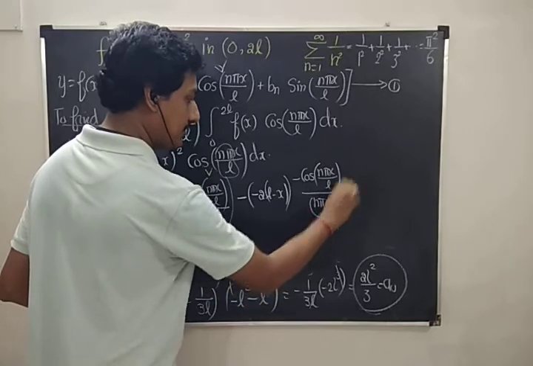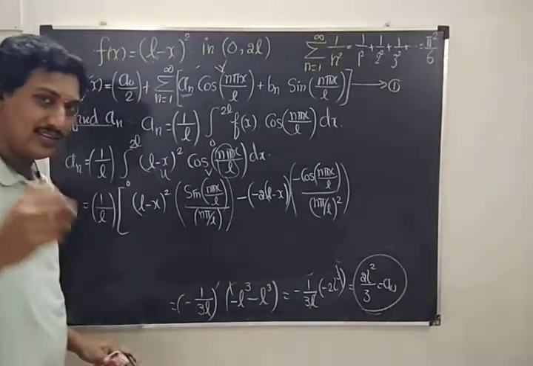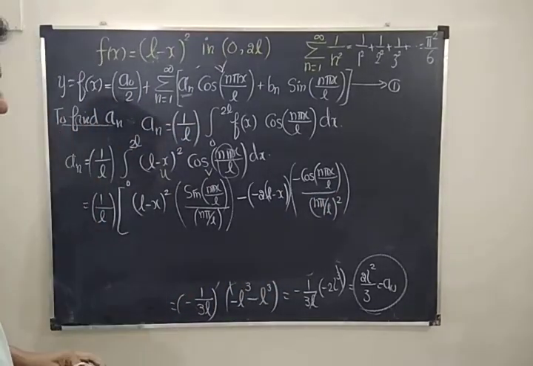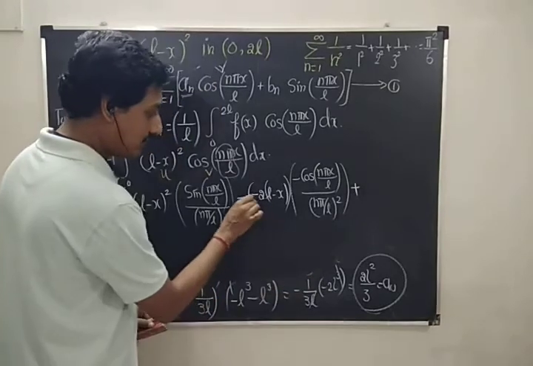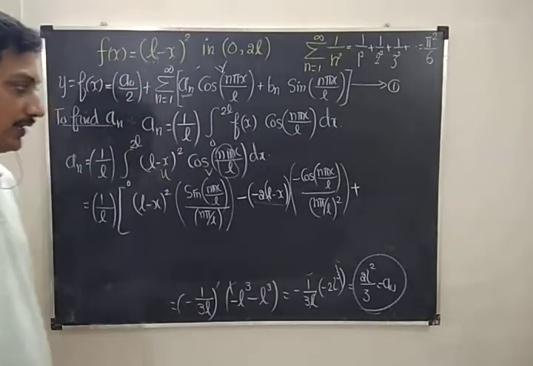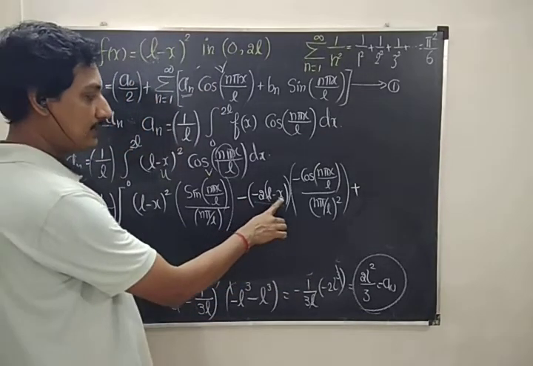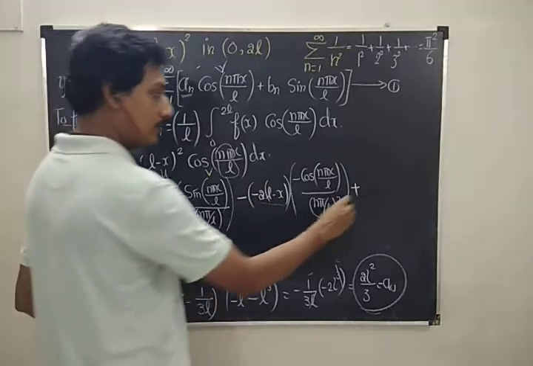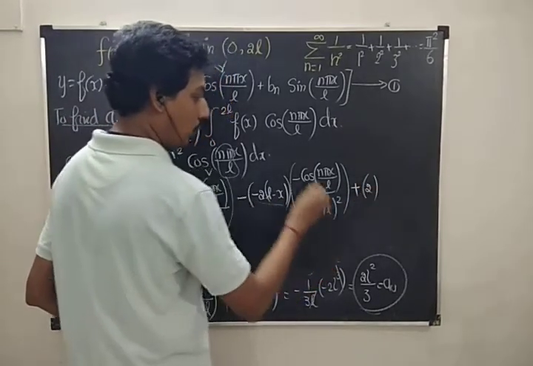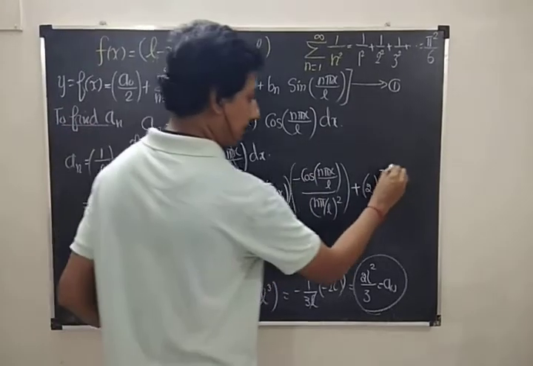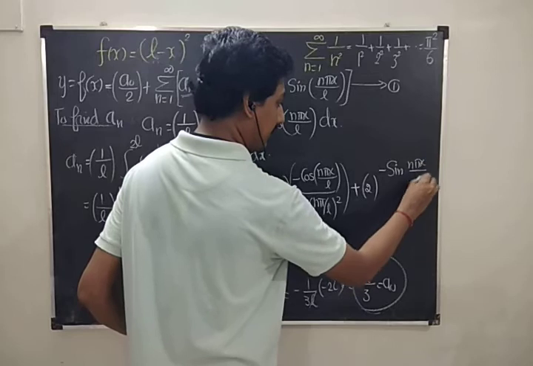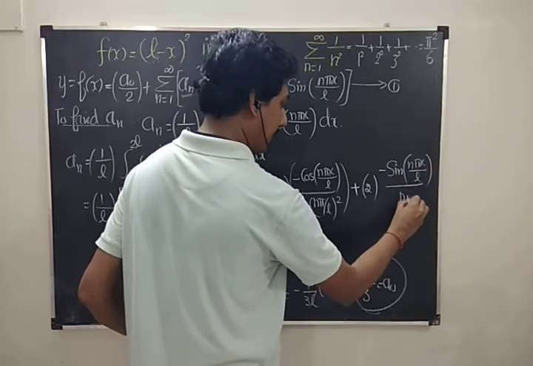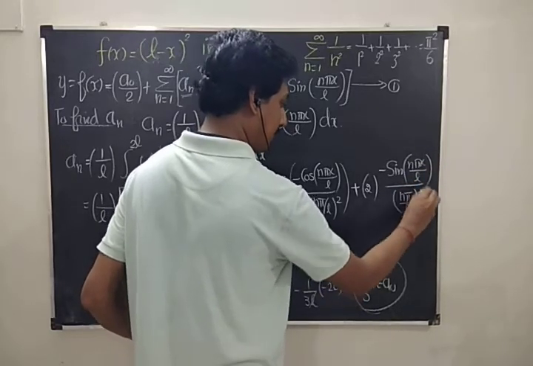So general Fourier series comes, then the denominator somewhat is very lengthy one. There is somewhat very bigger one. (N pi by L) whole square, (n pi by L) whole cube, etc. Then the last time plus. Once again differentiate this term with respect to x. I am bringing that minus 1, minus 2 behind the term, so it is 2. Once again integrate this one, we get, so cos becomes sine, so minus retained, so minus sine n pi x by L by (n pi by L) whole power 3.